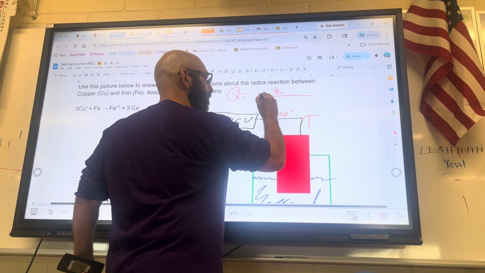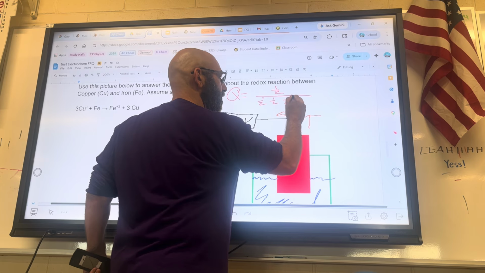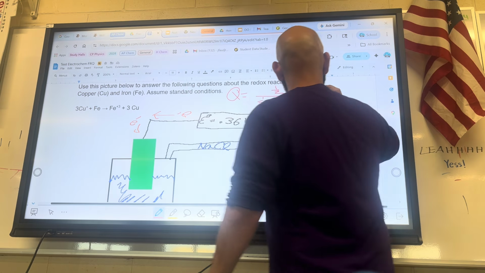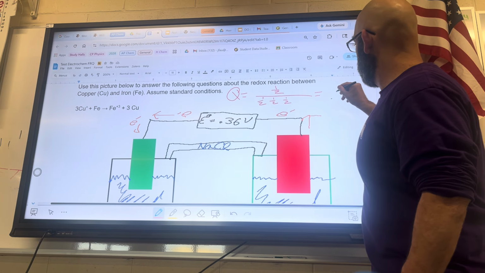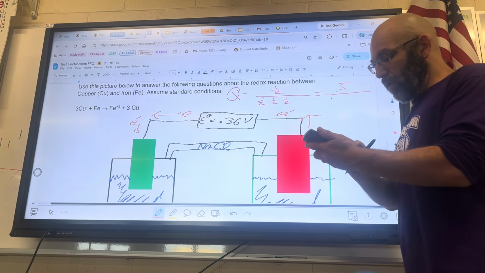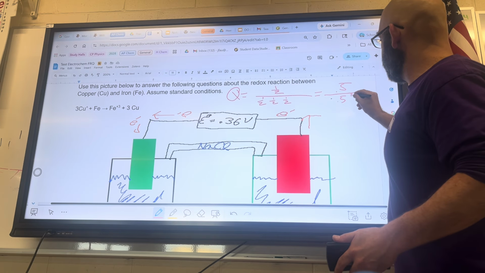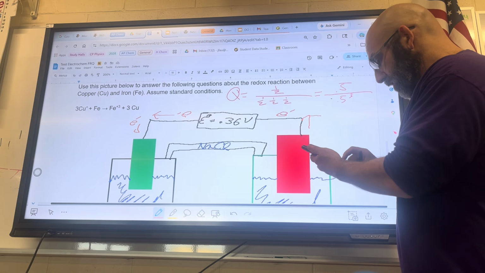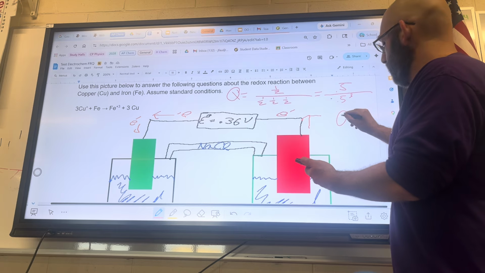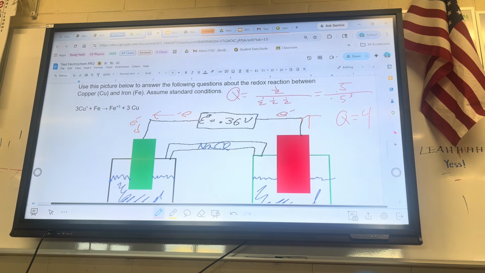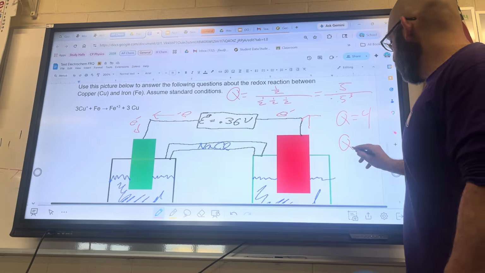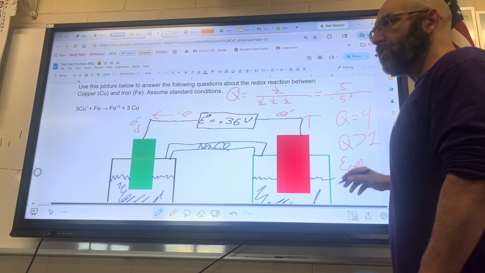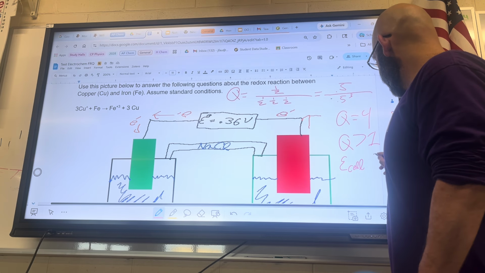It might be easier if you look at it as just numbers. So this is 0.5 over 0.5 to the third. If we just type that into the calculator, Q equals 4. Well, if Q is greater than 1, then E cell starts to go down. So E cell is less